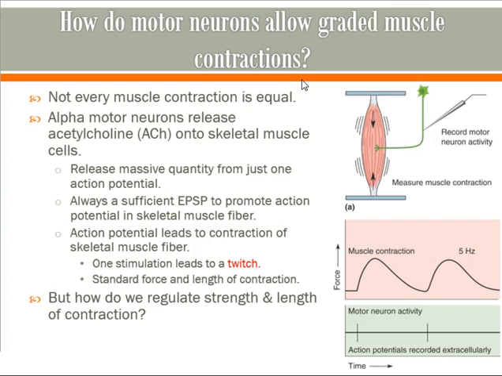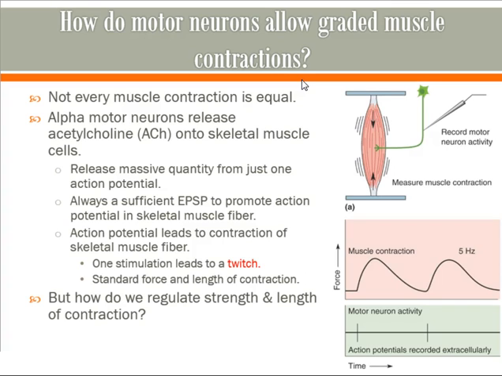If you just apply one little burst of current, so you stimulate the motor neurons one time, what ends up happening is you get a little twitch, and that's what they're showing in this picture here. So a signal is sent down the axon, the motor neuron then releases neurotransmitter onto the skeletal muscle cells, and then the muscle cell contracts. And as it does so, you get this little burst of force that's being generated by this muscle cell, and you're picking it up and measuring it on your force transducer. So that's what you're detecting here. It's this little surge in force that corresponds to one electrical stimulation of your presynaptic neuron.